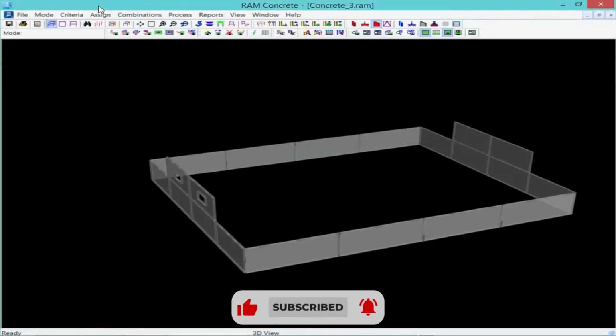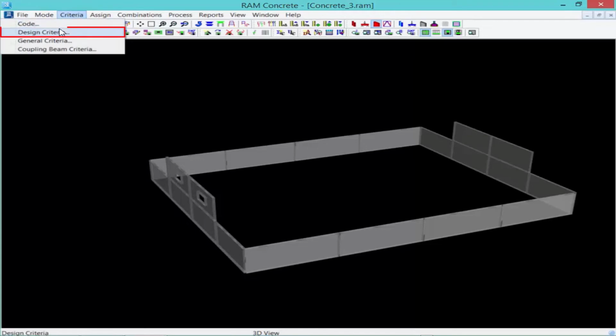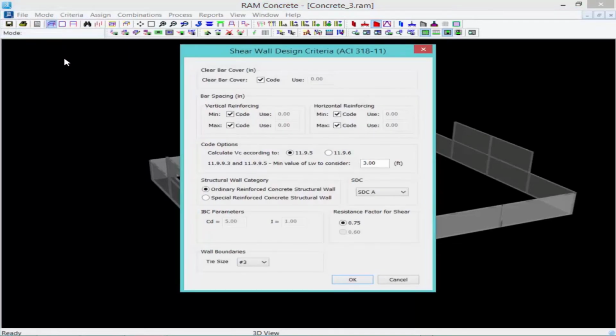Next, we will specify our design criteria. Here we can enter our clear bar cover and our bar spacing information. We can also enter some code options. Now, these are used to calculate the shear capacity of the walls and the spacing limits of your shear reinforcement. We can also specify our structural wall category, which will be used to specify if the wall should be designed as an ordinary reinforced concrete structural wall or a special reinforced concrete structural wall if seismic provisions would be necessary